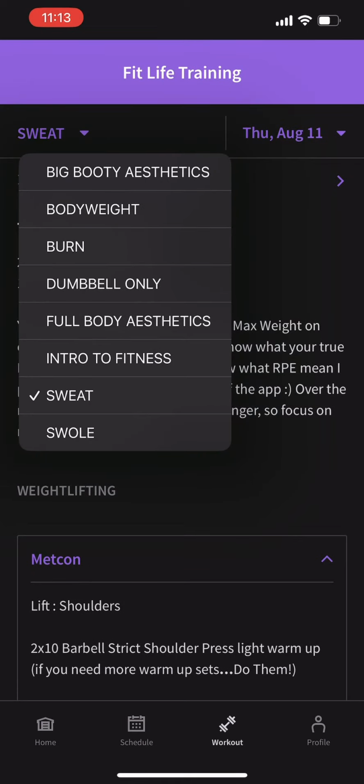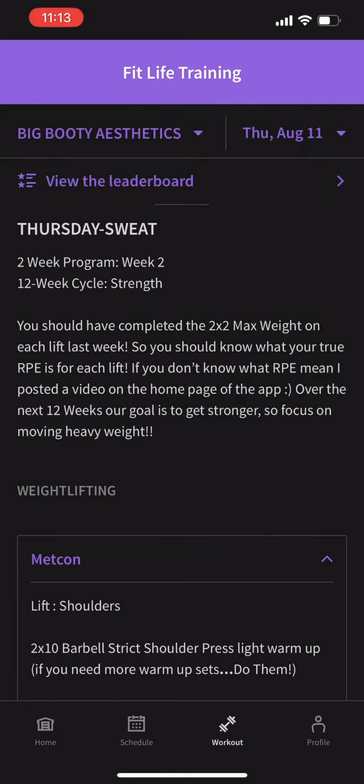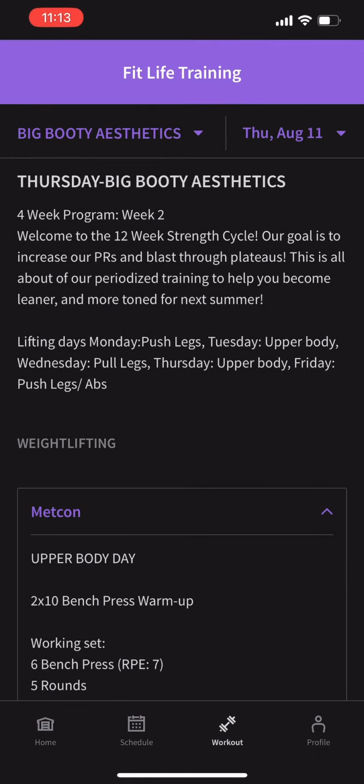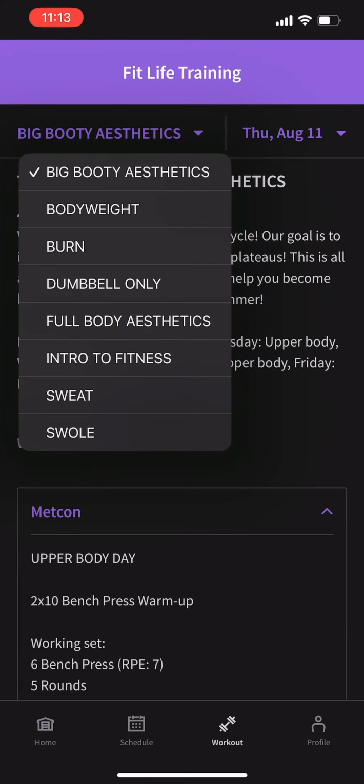Top left-hand corner, we have the different kinds of workouts. At the top, you have the Big Booty Aesthetics, which is a bodybuilding program for legs, if you're trying to shape and tone your legs. Each different section right here is a different genre of workout, so you just need to choose what works best